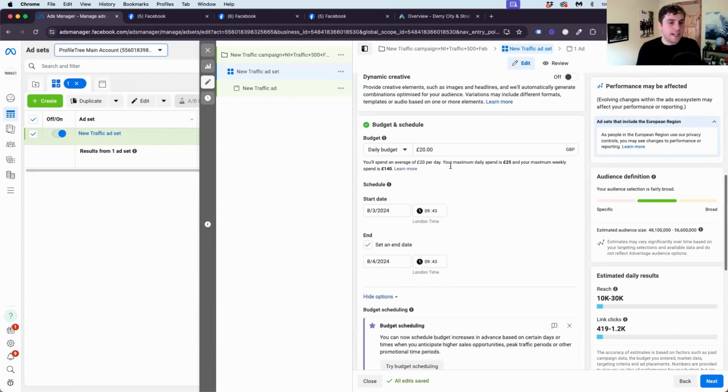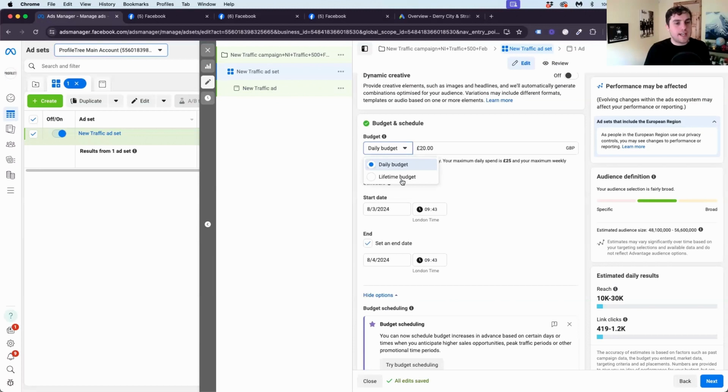Then we have our budget and schedule. So we have a daily budget and a lifetime budget. Now, there are 2 different uses to this. With a daily budget, it's going to spend this amount per day. The problem with that is that, let's say no one clicked on your ad or no one saw your ad throughout the day. It will get to about 10 p.m. at night, and you'll find that